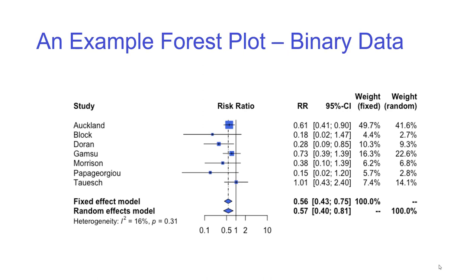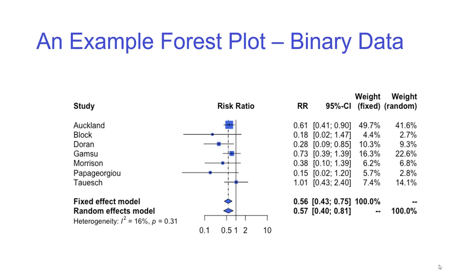At the bottom you've got the scale of the total calculated value and the diamonds for the fixed and random effects model. In this case both the diamonds sit over each other, so there's relatively low heterogeneity and you don't need to go to the random effects model. The zero line, meaning no effect between the two cases, would be 1, meaning the relative risk is 1. There's the same risk in both groups, and you can see here that it's on the negative side, so there's